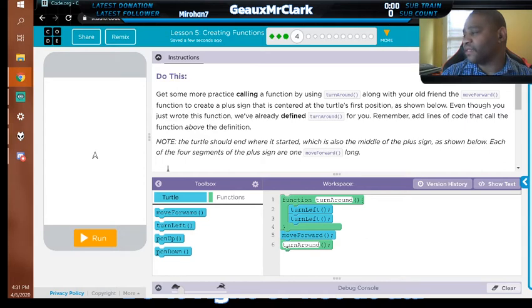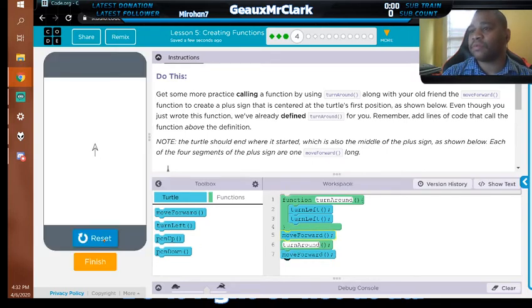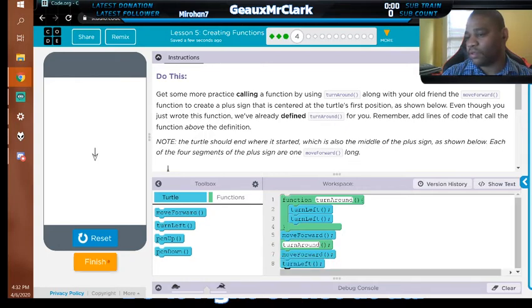So let's do move forward. I'm gonna crank the speed up a little bit. I wanted to move forward, then turn around, move forward. Let's see what that gets me. All right, so now I'm back to that spot. I could turn left, and then